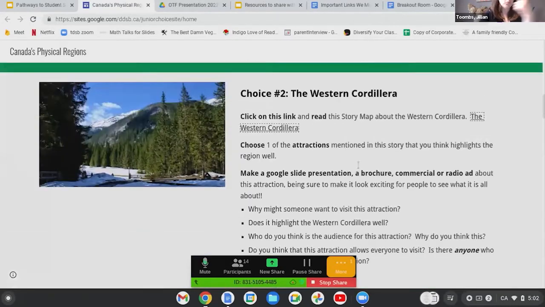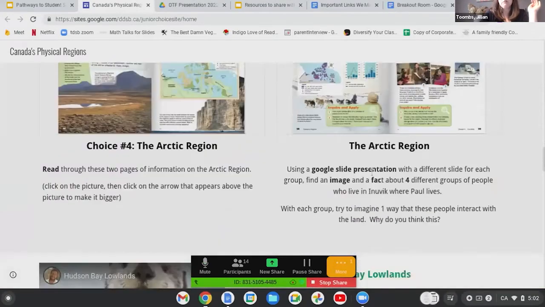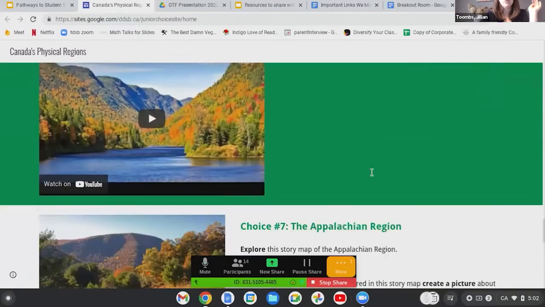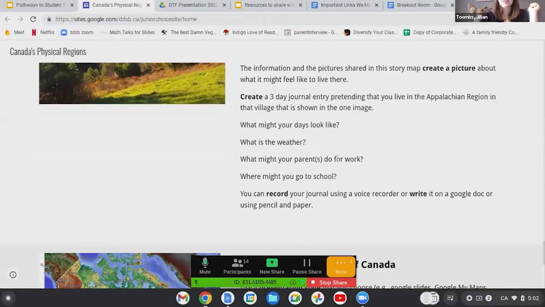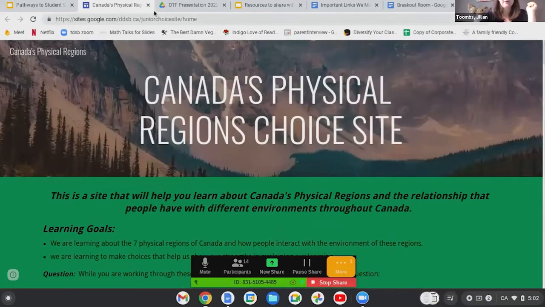So that's just one choice, but there's actually 9, and they're all awesome on this choice site for you. So I think it's super useful for grade 4 teachers. I actually messaged a couple of my grade 4 friends, and I was like, you should come. There's something really good for grade 4 today. I think it's a good one.